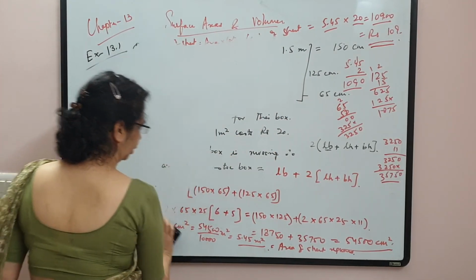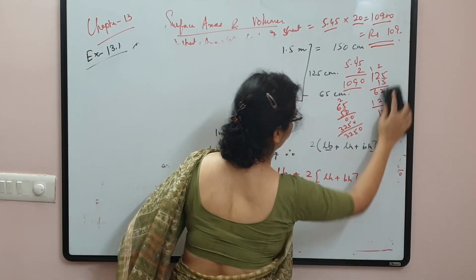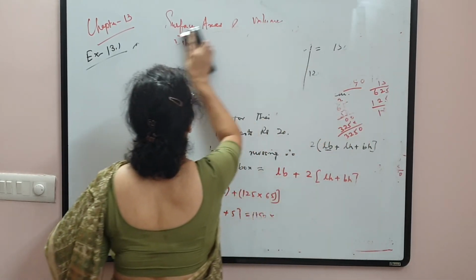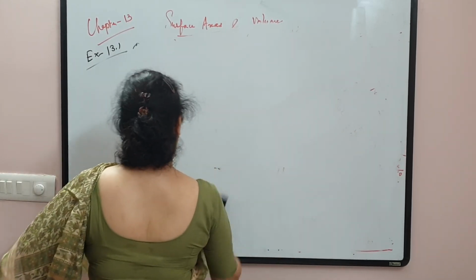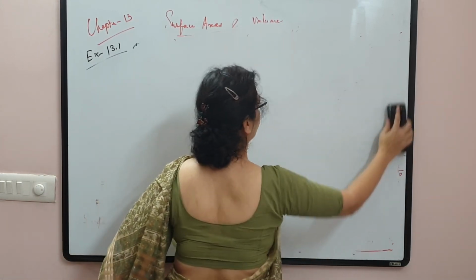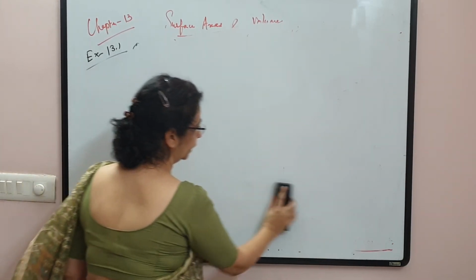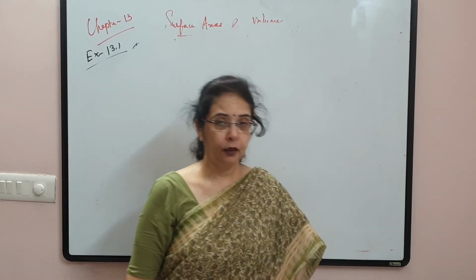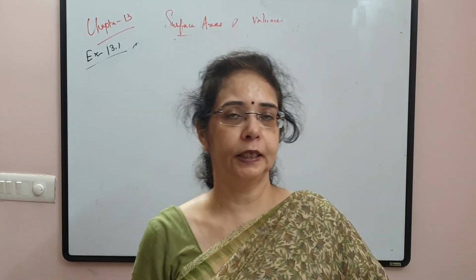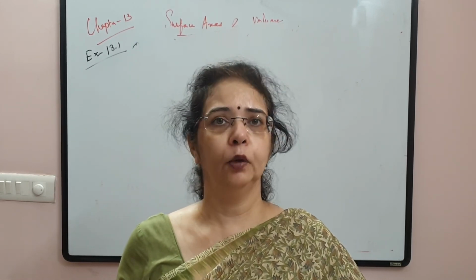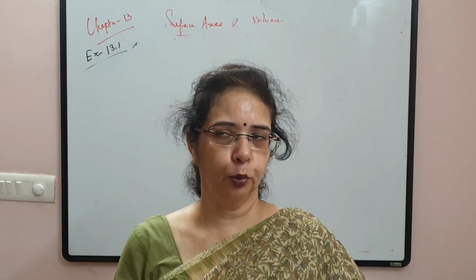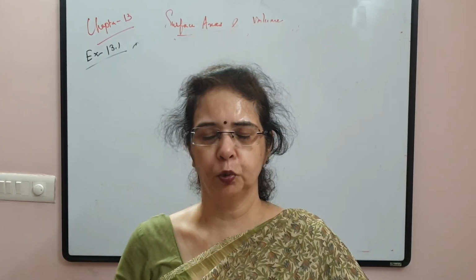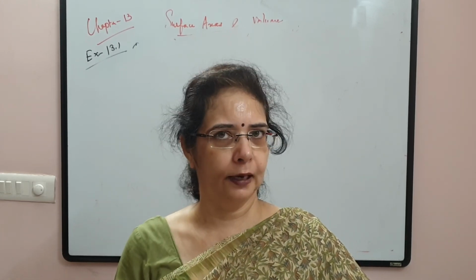Right, children, I will conclude this class today. In this class, we have spent most of the time understanding the concept of cube, cuboid and everything, edges, vertices. In our next class, children, we shall be attempting other questions of this exercise. I am again telling you, like I did for the Heron formula, I will not be doing all the questions of each exercise because many of the questions are very similar and they only involve extensive calculations. So wherever there is a difference in the mechanism of doing the question, something tricky, something has to be tweaked here and there, only those questions I have selected and I will be taking.